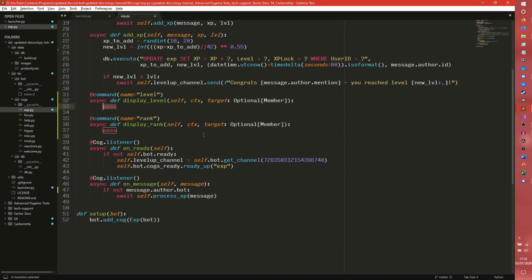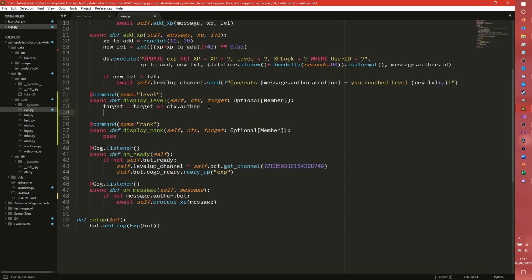So what we need to do is set the target equals target or ctx.author. This basically says if no target was specified, then use the person who invoked the command and get their stuff instead. And all we really need to do